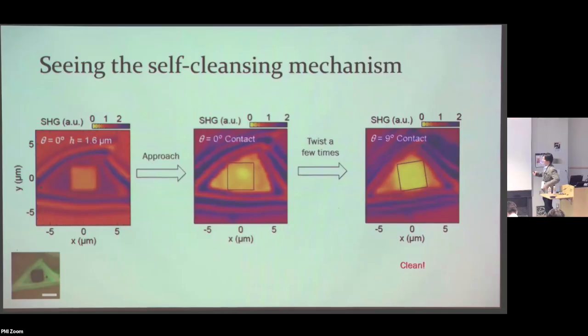But what we can do is that once it's in contact, we can twist a few times. And that actually acts as a way of cleaning the interface. And this is also something that people have known for a while, which is called the self-cleaning of 2D interfaces. Because these are atomically flat interfaces, they try to maintain the flatness. And if you squeeze a few times, you can squeeze out the bubbles. And we can actually check that is the case by doing this optical measurement to see that the interface is now free of any inhomogeneity, at least that we can detect.